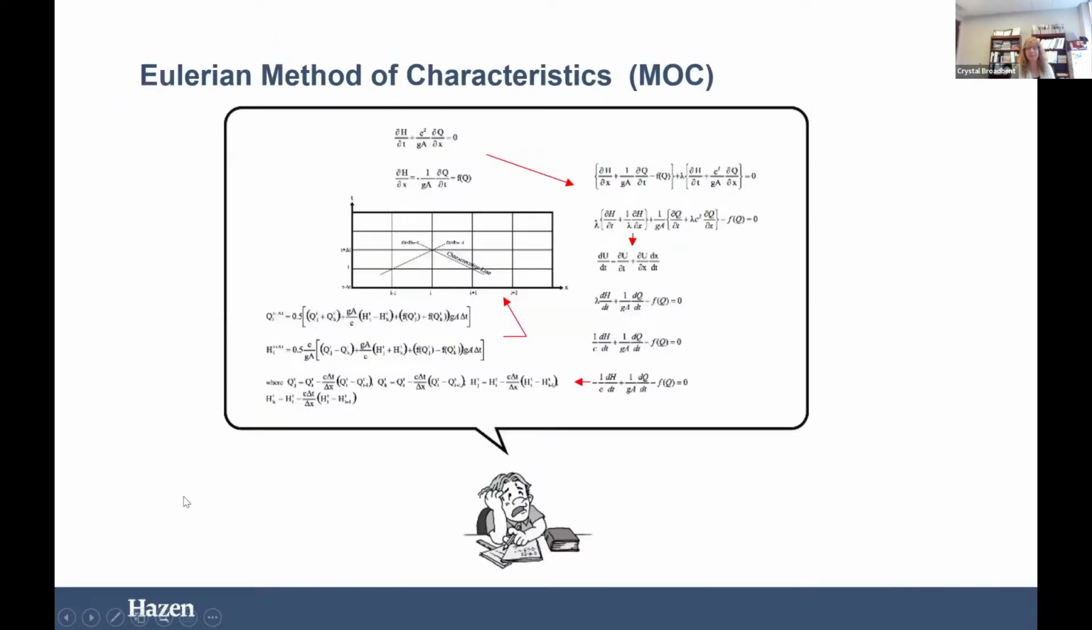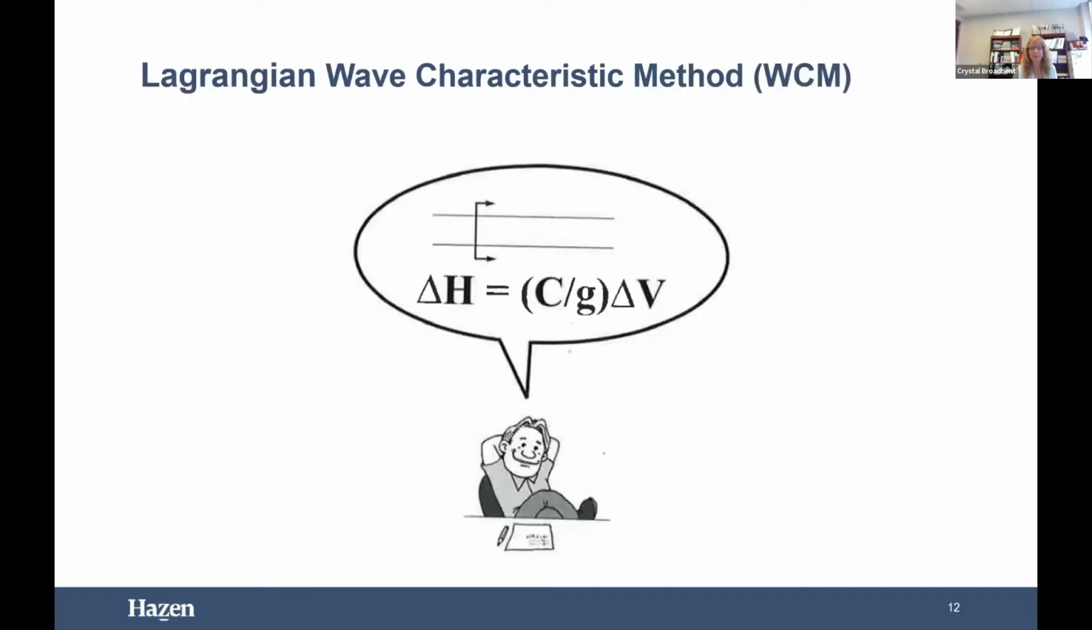So this is just kind of like the mathematics that goes into MOC. I don't know if a lot of you paid attention to differentials class, but this is it. This is where differentials come in, and partial differentials, and it's very convoluted at times. It gets the job done, but it takes a lot of effort. Whereas the WCM method is very